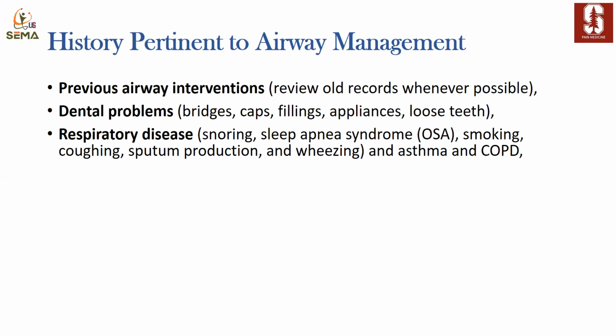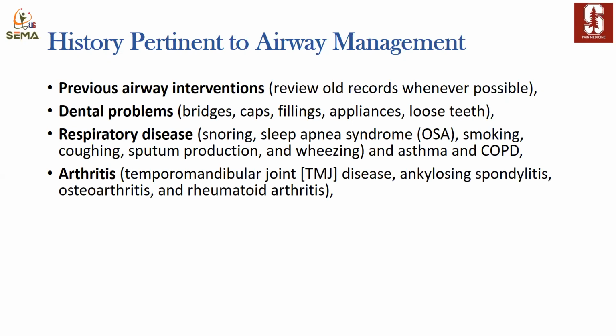You can use the STOP-Bang to predict if the patient has OSA, asthma, COPD. Do you have arthritis? We are more concerned here about the TMJ, but if the patient has a history of ankylosing spondylitis, for example, or rheumatoid arthritis, then you might think, oh, this patient might have TMJ or cervical